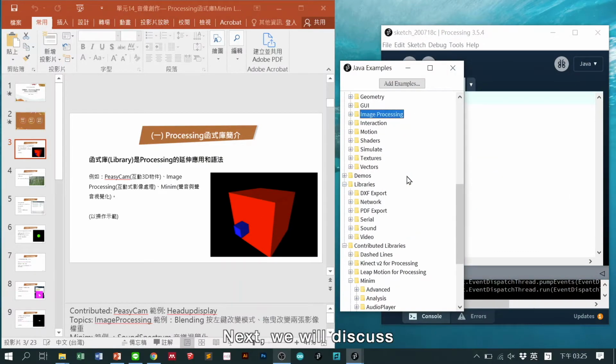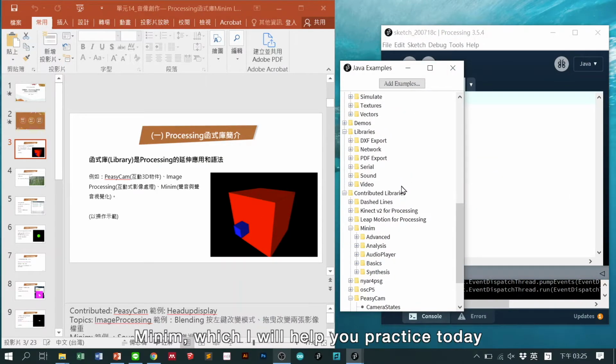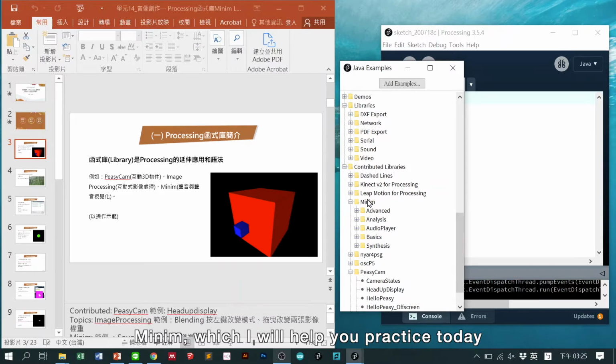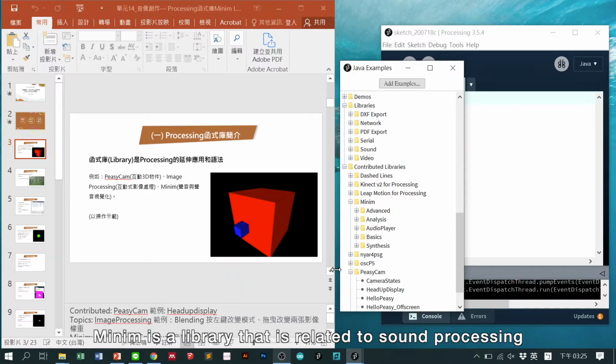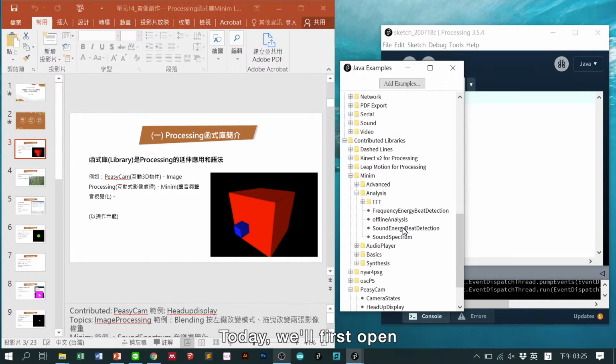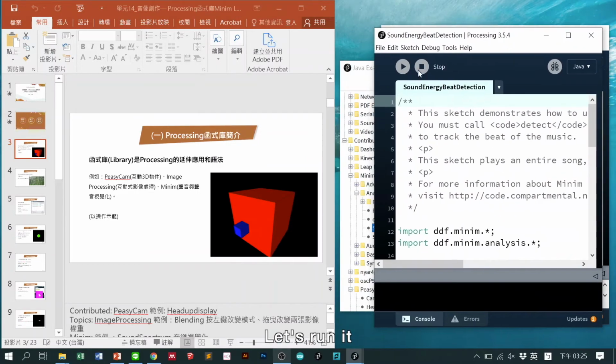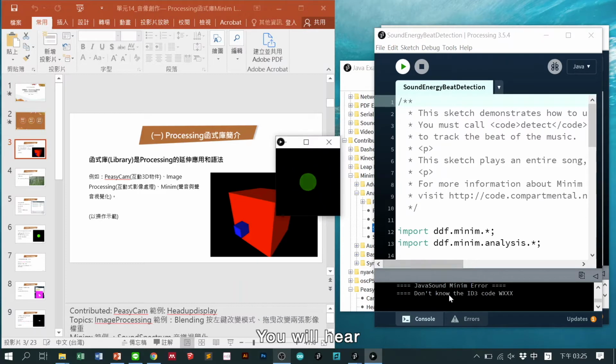Next, we will discuss Minim, which I will help you practice today. Minim is a library that is related to sound processing. Today, we'll first open, for example, this sound energy beat detection. Find this example, then open it. Let's run it. You will hear drum sounds and see that the circle drawn here dances with the sound of